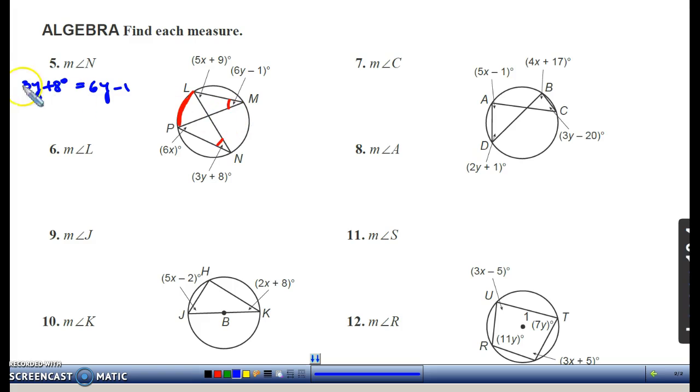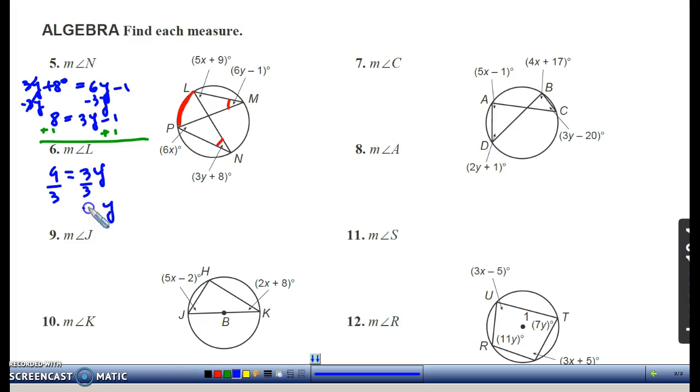Then since these two are congruent, I set them equal and I solve for y. I'm going to subtract 3y from both sides. This simplifies. 8 is going to be 6 minus 3, 3y minus 1. Now what I'm going to do is add 1 to both sides. I'm going to have as a result 9 equals 3y. I divide by 3,